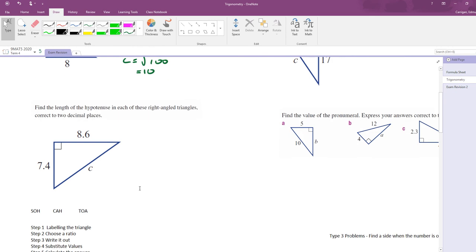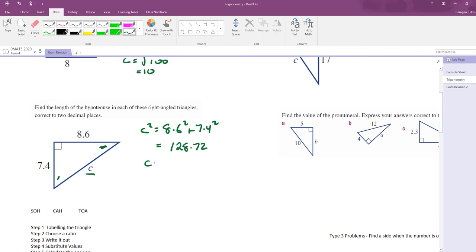Now what it's asking me to do is find it correct to 2 decimal places. So again, I see I'm looking for C. Again, I've got no angle in here, no angle information in here. I'm using Pythagoras. So I am going to be using c squared equals 8.6 squared plus 7.4 squared. If I go to my calculator, I'm going to have 8.6 squared plus 7.4 squared equals,